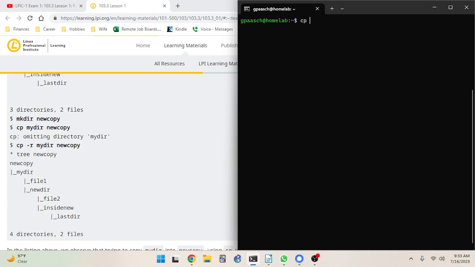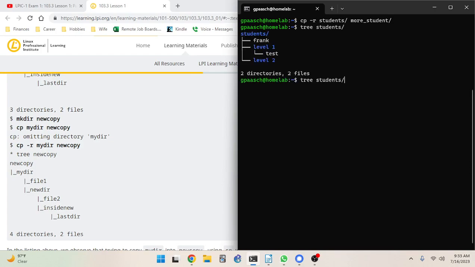Okay, so the correct way to do this is cp -r students more student. Okay, and now if we do a tree of students, there's no changes. And if we do a tree of more students, there are. It's not an exact copy actually. And I'm going to talk about this